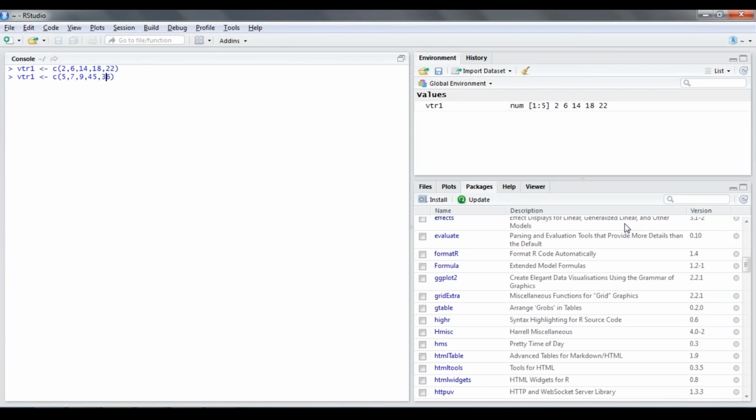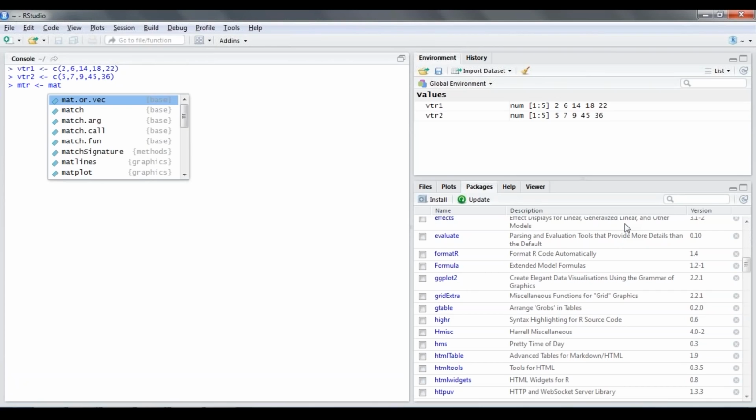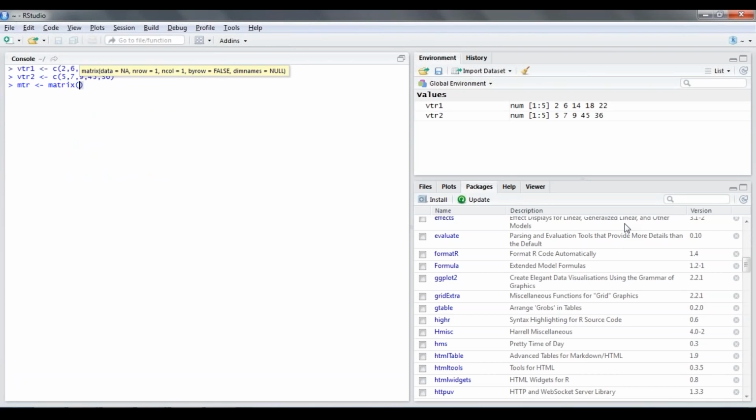Okay, so basically I'm creating 2 vectors, vector 1 and vector 2, having different values. Both have 5 elements presented. Now let me create a matrix mtr of the type matrix again. So when you type matrix, now again there is a highlight here. It helps you understand what should be the syntax for this function. So as for the first part, that is the data, I'm going to say vector 1 comma my vector 2,